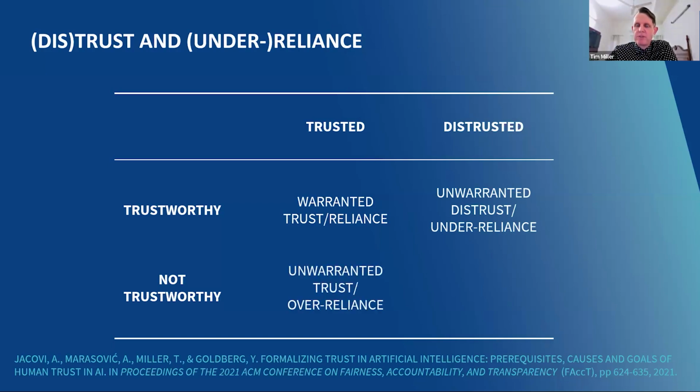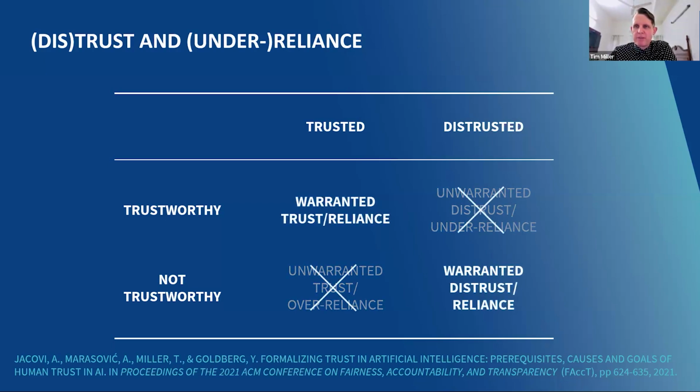A not trustworthy tool that you trust, that's unwarranted trust, and that's called over-reliance sometimes. And of course, we've got the final one here, where if it's not trustworthy and it's distrusted, that's very much warranted distrust. And what you really want is a tool that people use like this, right? When it gives the right answer, you want them to accept it. When it gives the wrong answer, you want them to be able to reject it. And we kind of felt like the explanations were the way to help people do this. But what we're really seeing is they don't seem to be able to help people make that decision here.